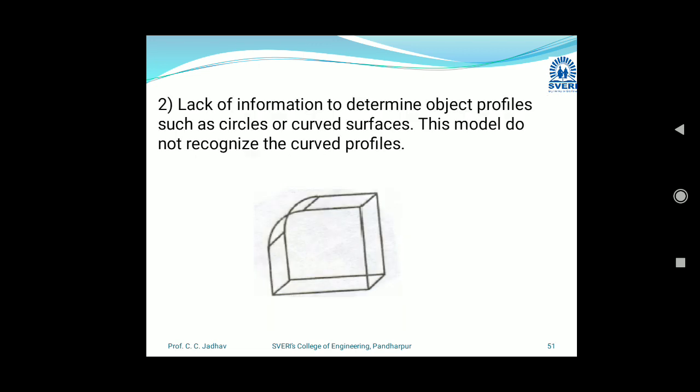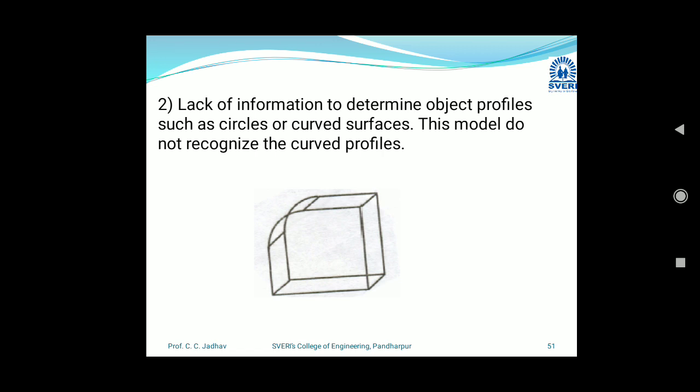Second, there is a lack of information to determine the object profile, such as a circle or curved surfaces. This model does not recognize curved profiles. Basically in wireframe modeling, we are representing any 3D or 2D model by using wires, curves and lines. So there is a limitation in taking information from the object, such as a curve, circle, chamfer, fillet.